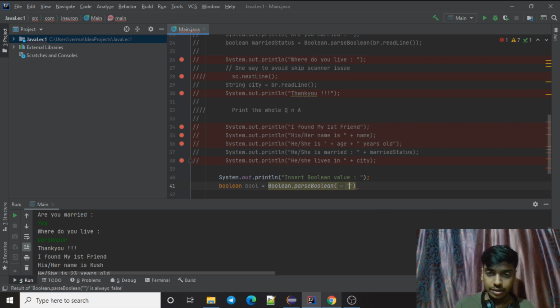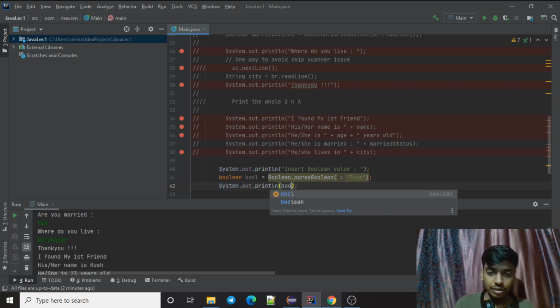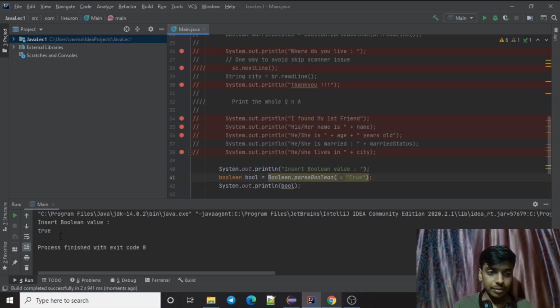So in that case, if I give 2, rather than taking the input from the user, I'm just giving it here because that's what comes inside, right? And then if I print bool here, let's see what happens. It will print false for 2. If I give true in all caps, let's see if that is able to get parsed.